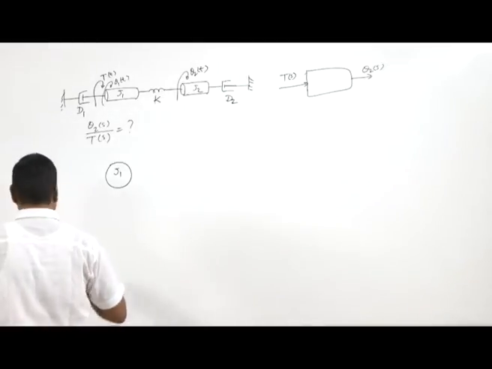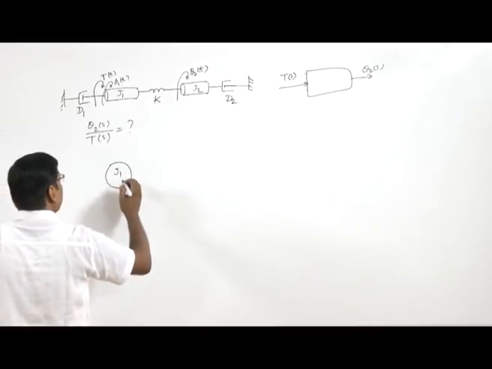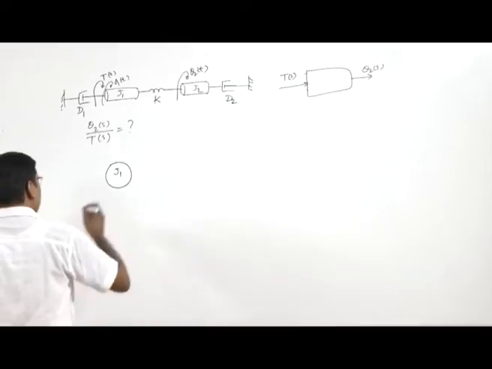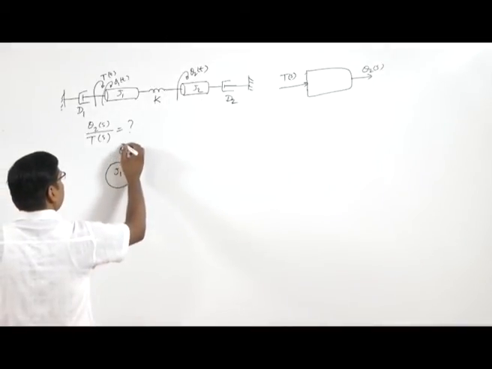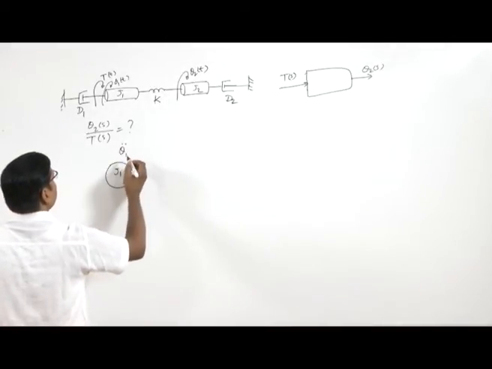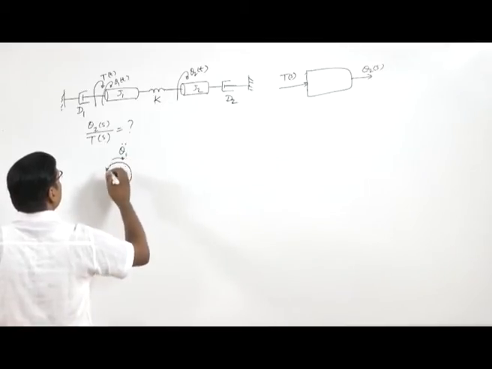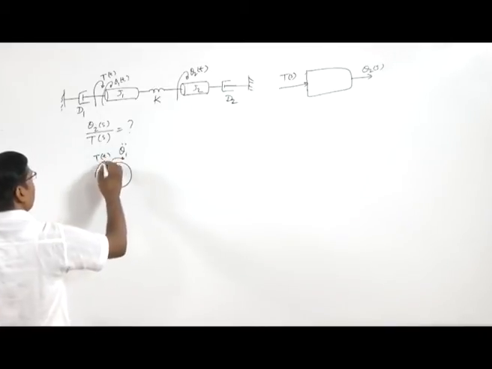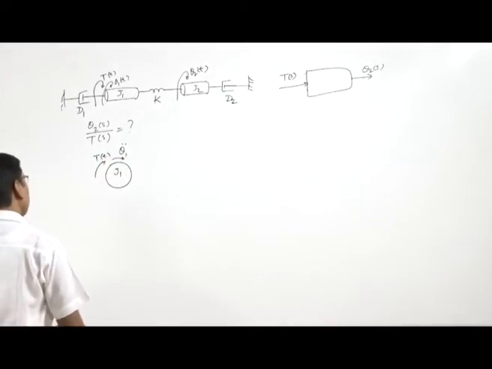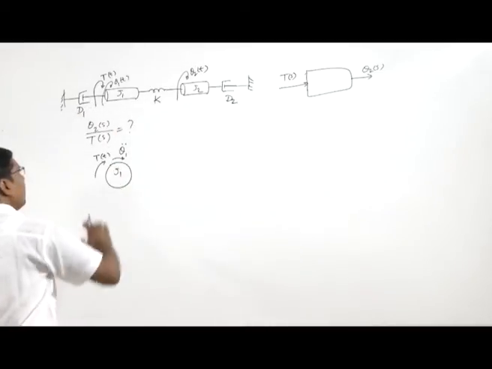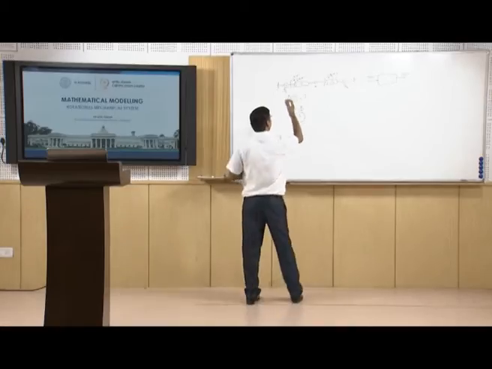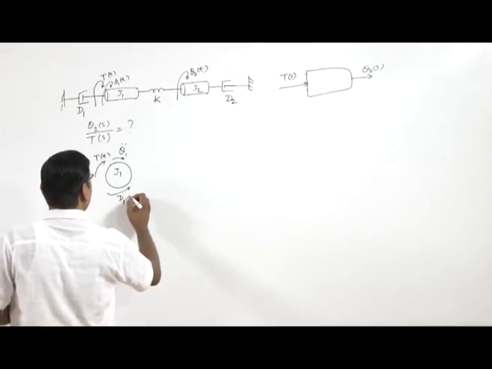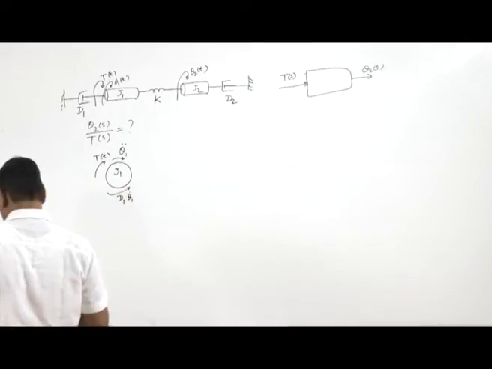Suppose it has this theta 1 double dot, this angular acceleration in this direction, and the torque is applied here in clockwise direction. Now, this damper will apply the force in the opposite direction, so in anti-clockwise, so this is d1 into theta 1 dot,